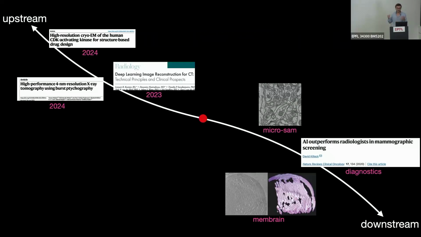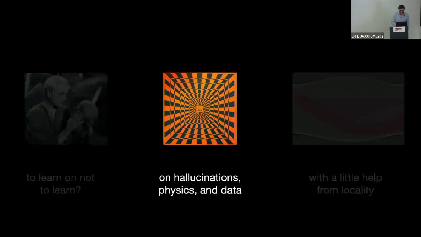Of course, the downstream needs the upstream, but somehow it still has not arrived, in my opinion, right? So there will be challenges to this claim. Okay, and of course, we can identify many reasons for that if it is true, but I'd like to talk about 3 in particular. One is that these methods are not stable. The other one is that we sometimes make assumptions about physics that are just not realistic. And the third one is that sometimes we make assumptions about data that are not realistic, right?